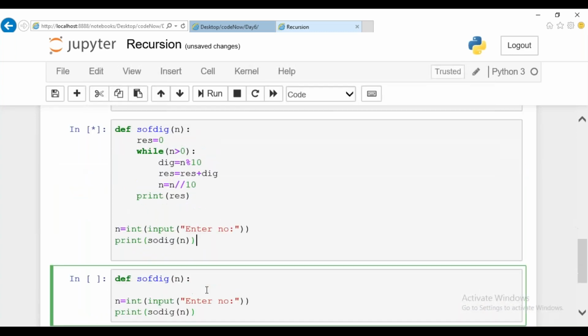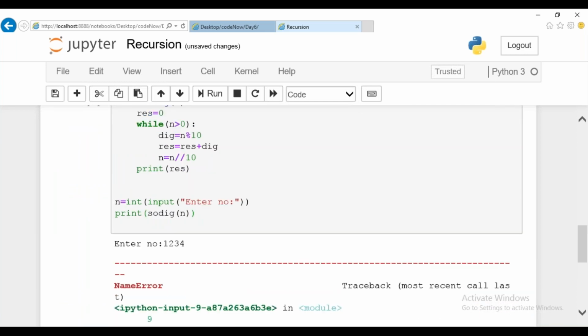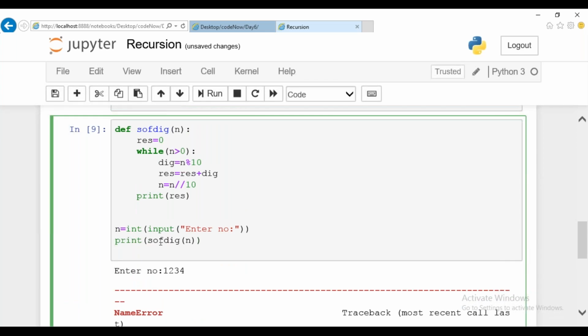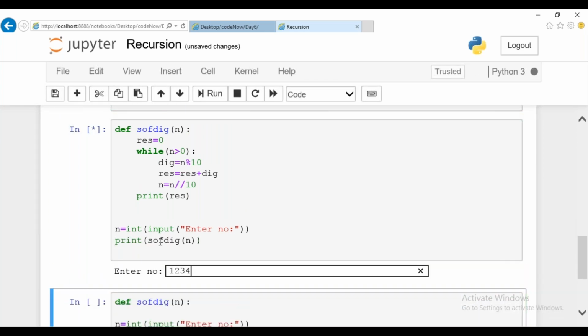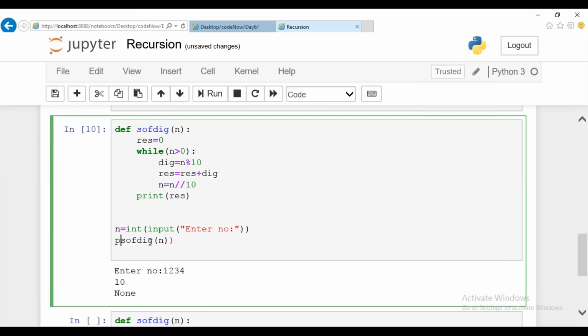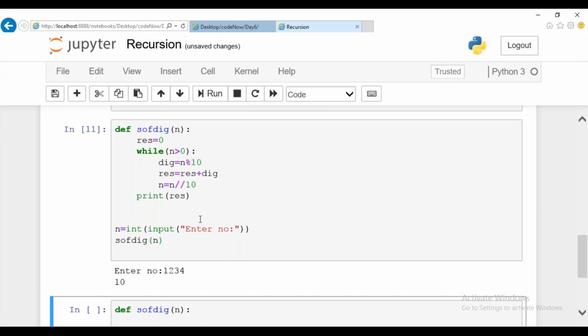Okay, now let me execute it. If I give 1, 2, 3, 4, what happened? Where is the mistake we made? Okay, typo error. Just a minute, guys, what did we do? Yes, ma'am, 2 print statements. Thank you, guys. The same code I had copied here, so the print we didn't remove it. Okay, fine. So this is one method.